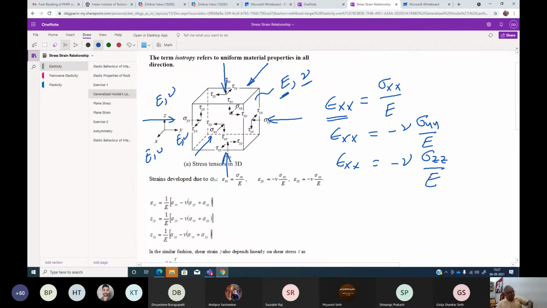So now we can add them together, which is what we call the superposition concept. So finally, epsilon xx will become sigma xx by E minus mu by E sigma yy minus mu by E